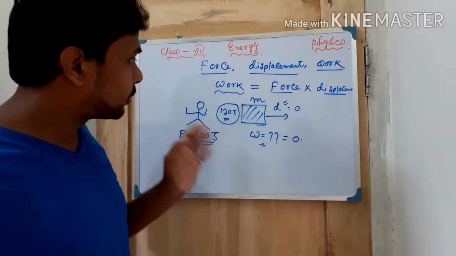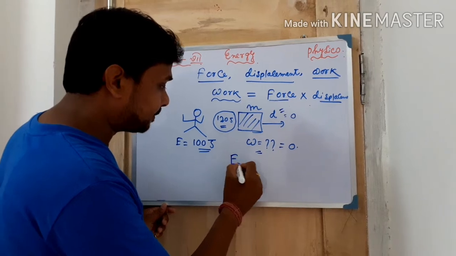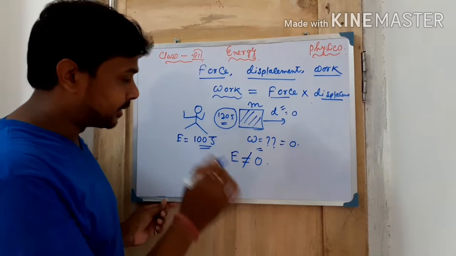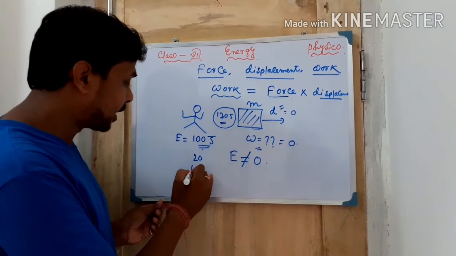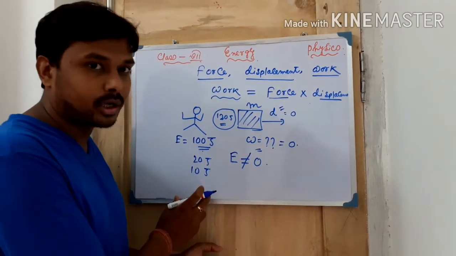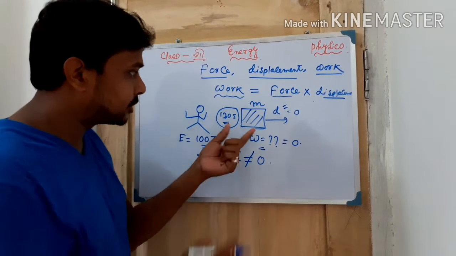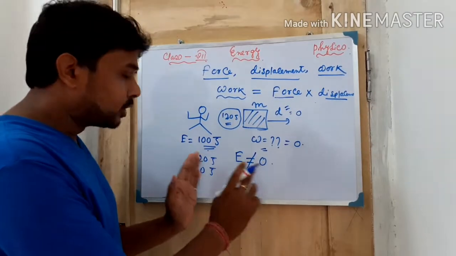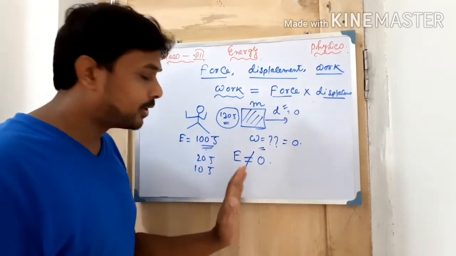Suppose you talk about this type of situation, have you noticed one thing, that this energy can be 0 anytime? It is definitely not 0 anytime, because this person may have 100 joule, or 20 joule, or 10 joule. Some amount of energy will definitely be present on a particular body, on a particular person. But if it is sufficient to give the displacement, then that person will do the work. If it is insufficient, then that person will not be able to do the work. Maybe you understood that one.